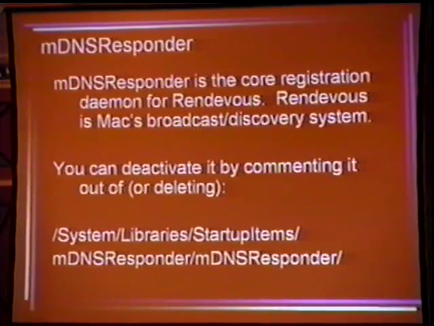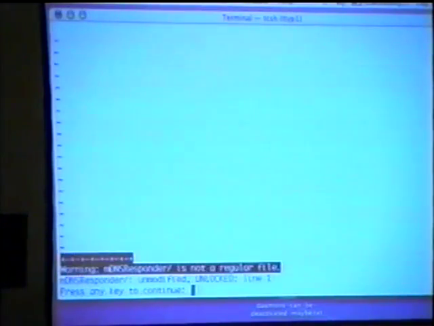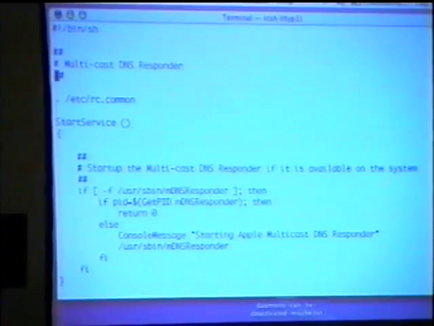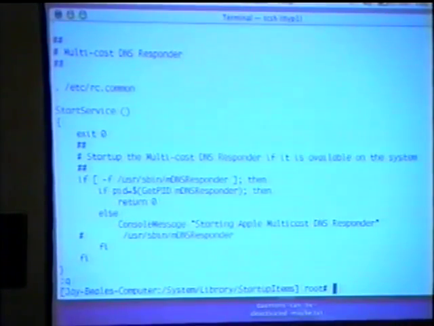what you have to do is go and find the script. The script is mDNS responder. Oh, sorry. Remember, those are directories. mDNS responder, mDNS responder, and find it. And basically, what you could do is just write exit 0 there. If you didn't want to do that, you could go down and comment out the line that starts it. I'm more a fan of the first approach, but the second approach is also kind of more readable. So, your call.